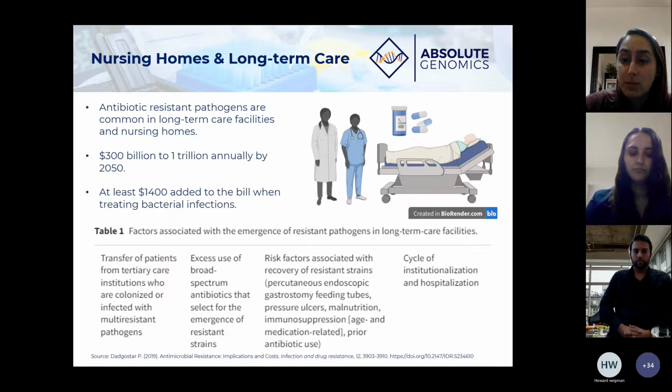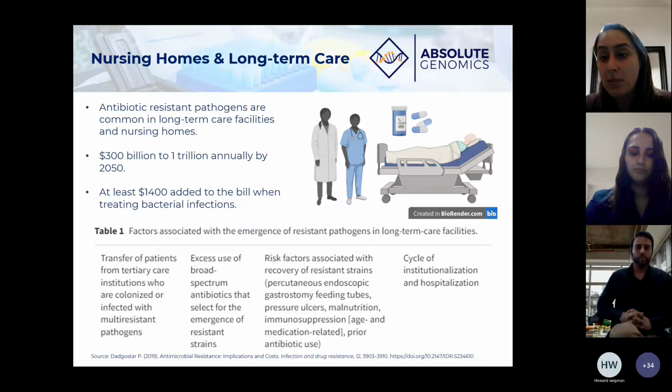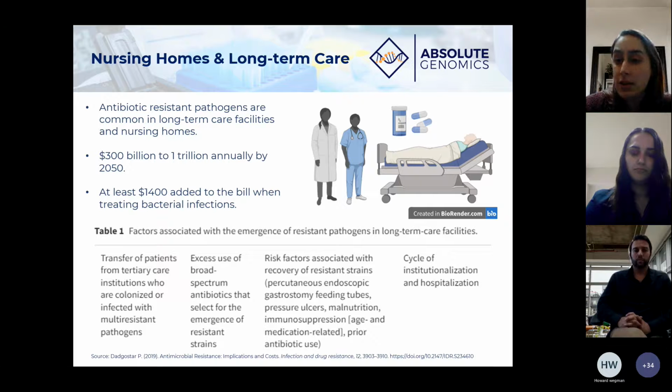Residents are more likely to be treated with antibiotics, and residents that are treated improperly are 5 times more likely to die from the infection. So why are we seeing an increase of antibiotic resistance in these areas? Well,